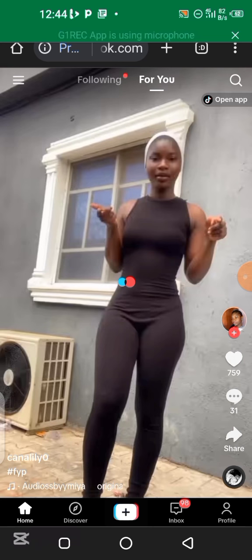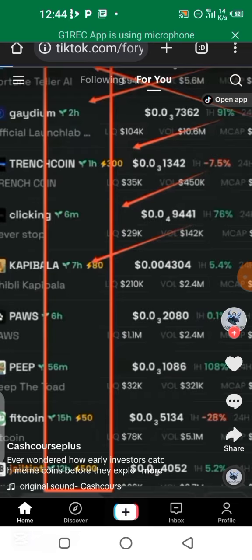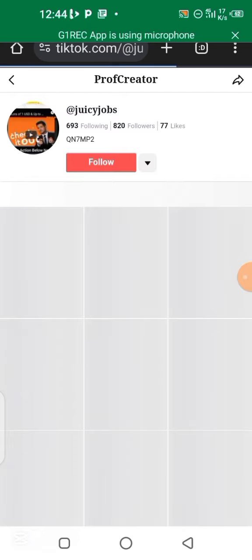So after you have signed up, on the browser where you signed up for Floodify, go and log into your TikTok account, the TikTok account you want to connect. For instance, I just logged into my TikTok account here right now. So I want to connect this TikTok account to my Floodify. This is the TikTok account I want to connect. I've already logged in, and you can connect lots of accounts. You can connect unlimited accounts.